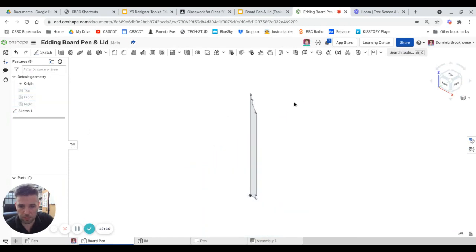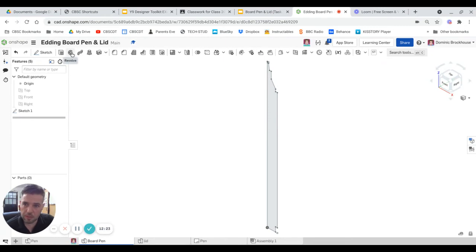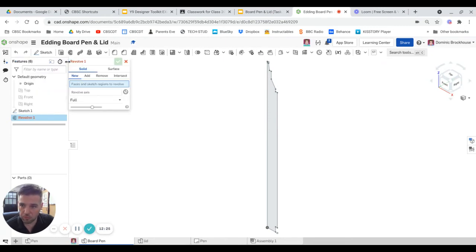I always get you to hide the planes before you import it into your work, but I think to help you to see what you're doing, it's quite useful. I'm going to press F to fit to bring it in the middle. And then the final exciting bit to make this into 3D is to revolve it. So you go to the revolve tool, make sure that you're solid, not surface. We've got it on new, and then all it's asking for is to select the faces to revolve. So if we just go to sketch 1 or click on that shape that we've just created that's shaded in,